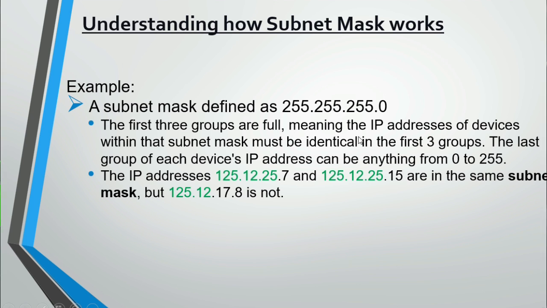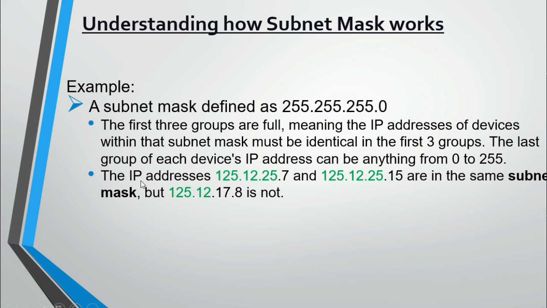Meaning the IP addresses of devices within that subnet mask must be identical in the first three groups. Why? Because the first three sections of our subnet mask are identical. So the IP addresses of devices within that subnet mask must be identical in the first three groups. The last group of each device's IP address can be anything from 0 to